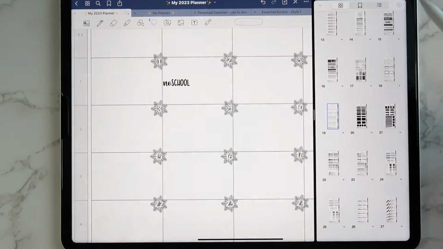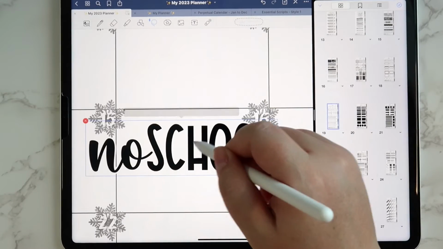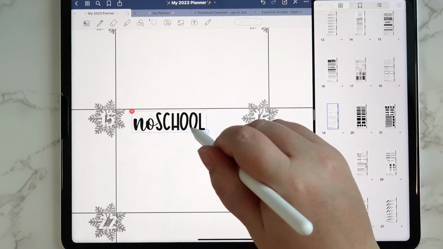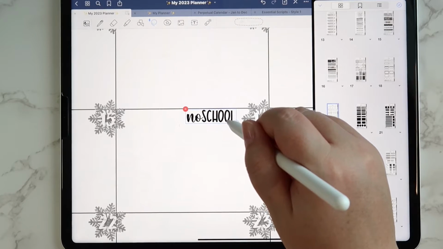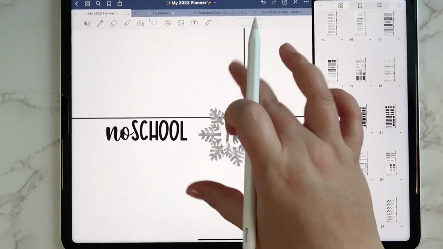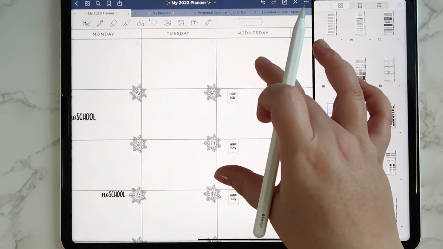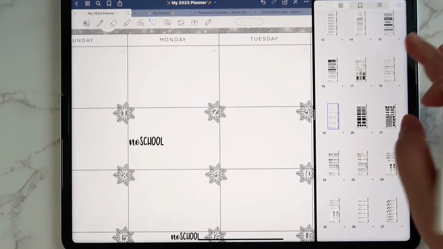And then I'll do no school up here as well. Just kind of put that next to the snowflake. And in fact, do I want to do that for all of them? Or I guess I could just mark, yeah, I'll just mark